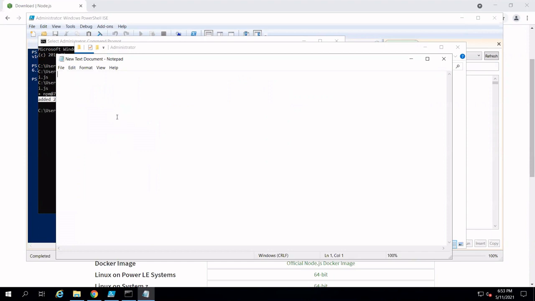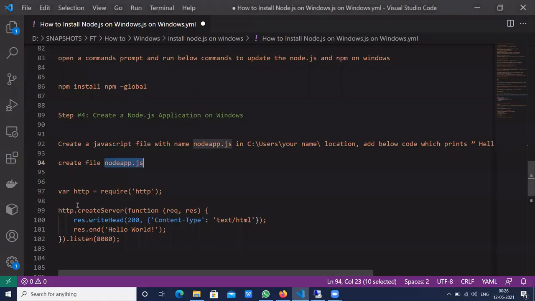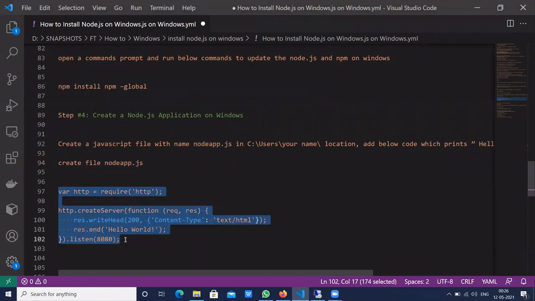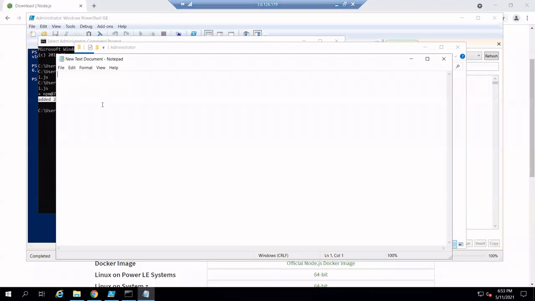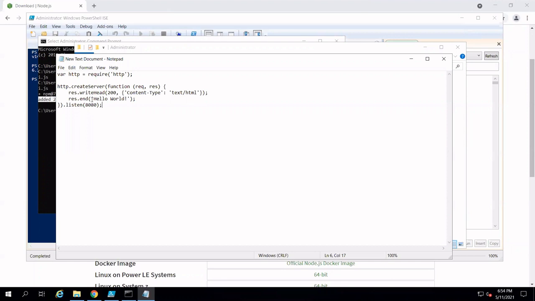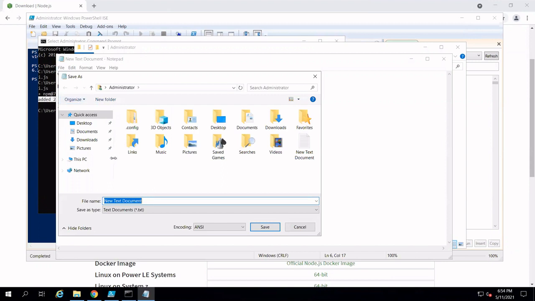Open that text document and type the code which I have told you, the code for the Hello World application. See here, this is the code which I have written over here, the code for printing a Hello World application. So I'm just writing the code.